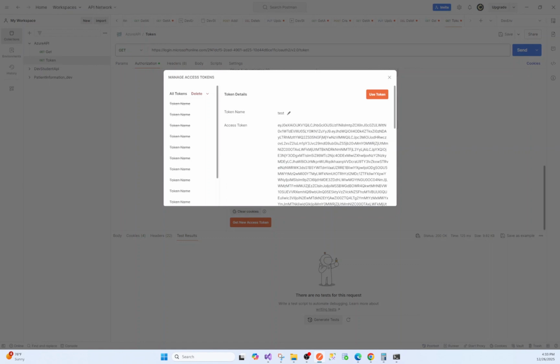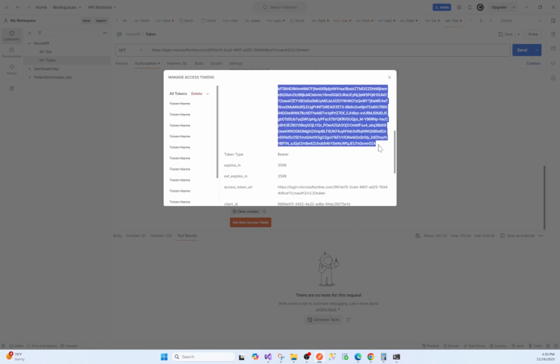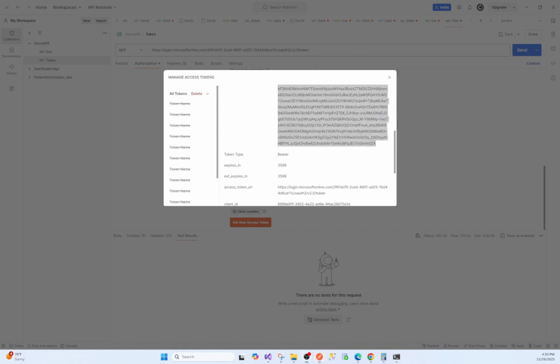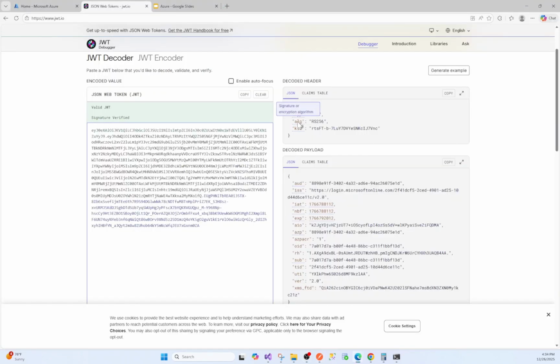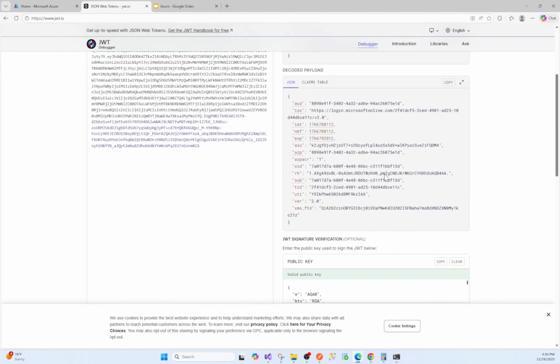You can see the token. You can validate this token. Just copy this and put it in jwt.io. This jwt.io will let you verify the audience. For this audience, your ID should be matching. That means it is the right